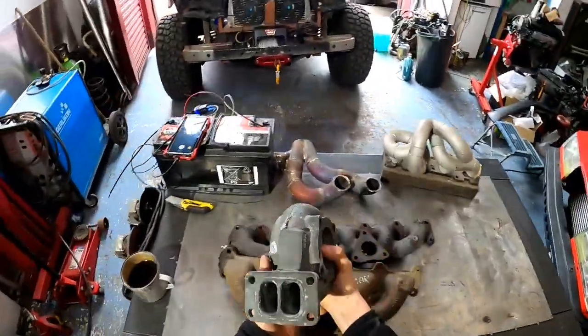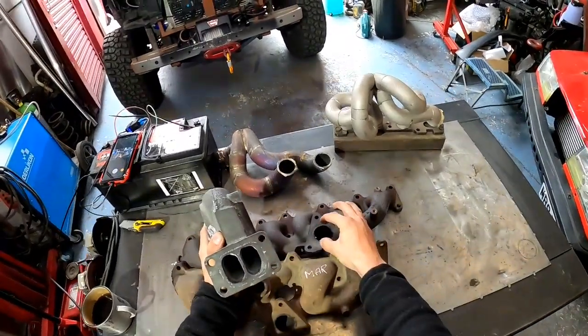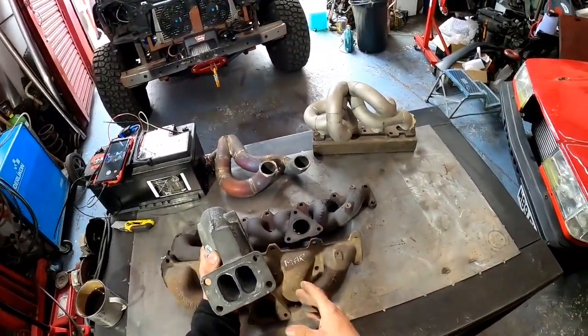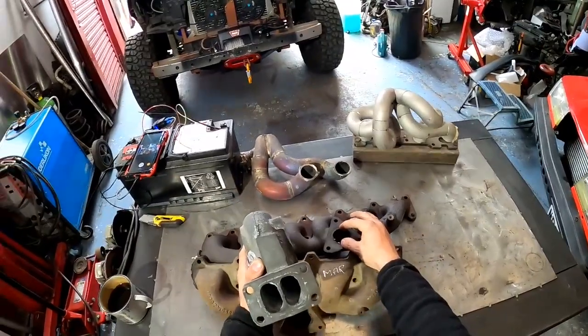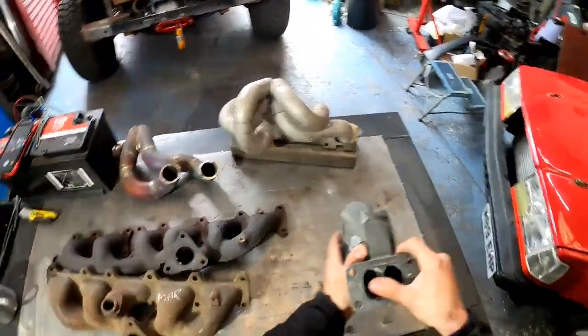But however, let's imagine this is a single scroll, and you see that port there, it is much bigger than this one here. So when you install a bigger turbo, it doesn't matter if this is small and you say, oh, it's gonna go into small port anyway. No, it's gonna go into bigger port. So what I did,